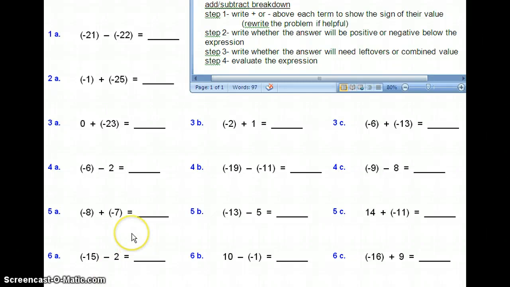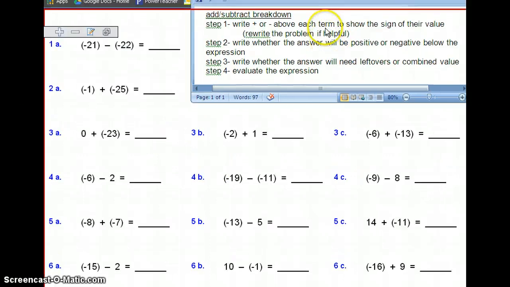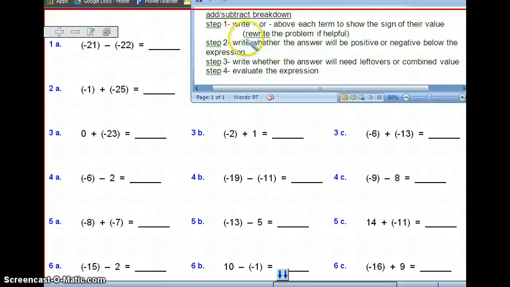So today we're going to explore working with addition and subtraction of integers. What I'm asking you to do is follow these steps, and I believe they will help you see what to do as you're dealing with integers and help them see them in a way that I see them. So the first thing I'm saying, step one, is write plus or minus above each term to show the sign